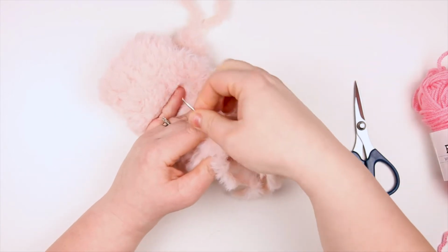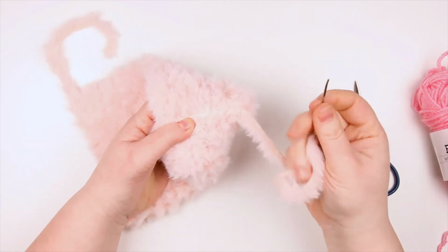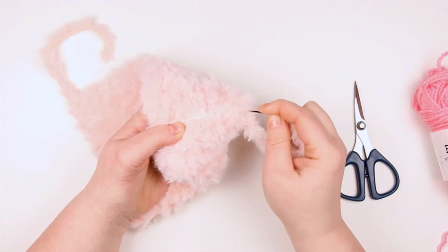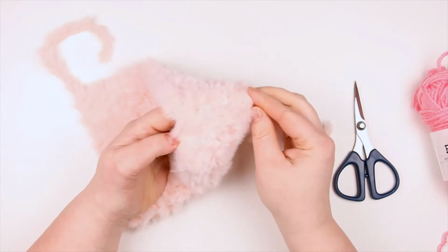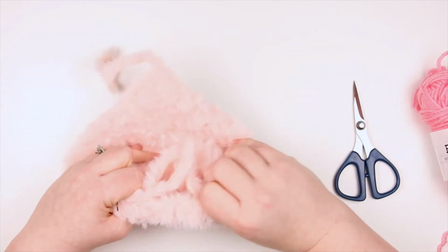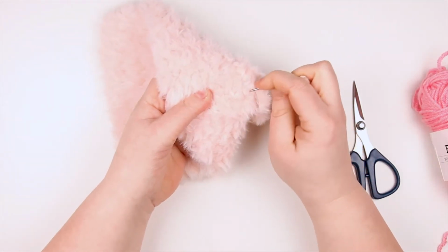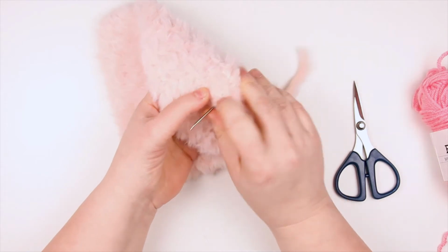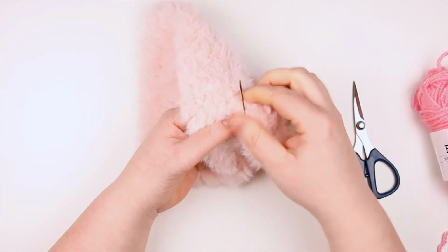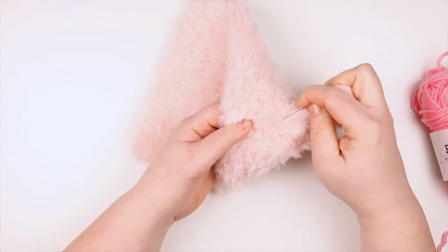Okay, so I've made sure I've cut all of my stitches all the way down, and then I'm going to go into what will be the heel, and pull that tail from the outside to the inside. Okay. I'll turn it inside out, and then I'll just weave the tail in. I like to do that along the seam, kind of adding some more strength to the seam. Doesn't really need it because this yarn's pretty sturdy once it's worked up, but